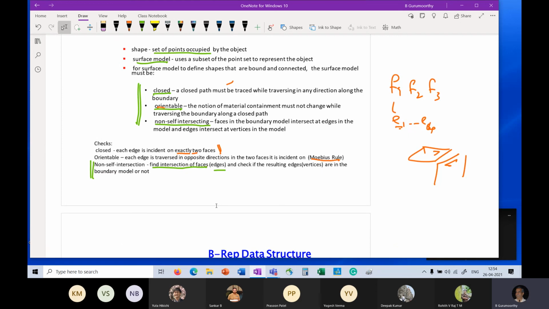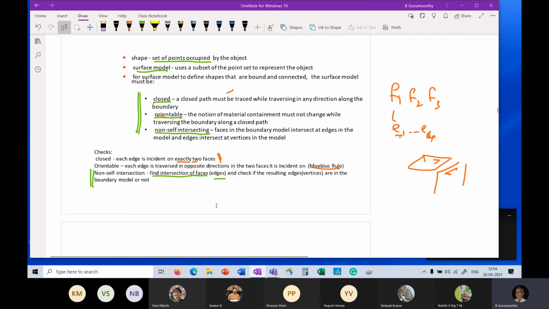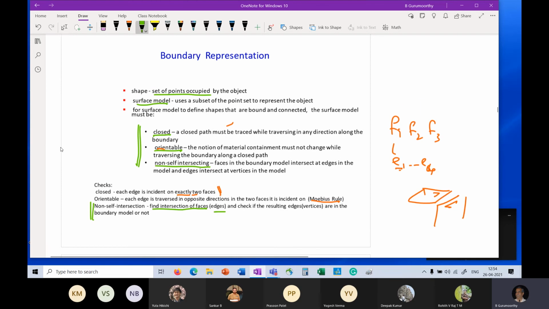Now, why do I insist on this? What do you think should be the conclusion from this last observation? Well, the conclusion is somewhat similar to the one we had with the spatial enumeration models: that it is going to be rather difficult to construct the boundary representation from scratch.